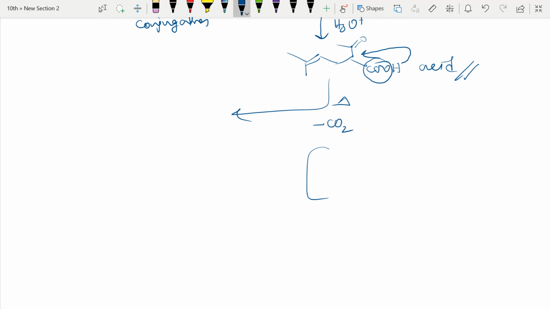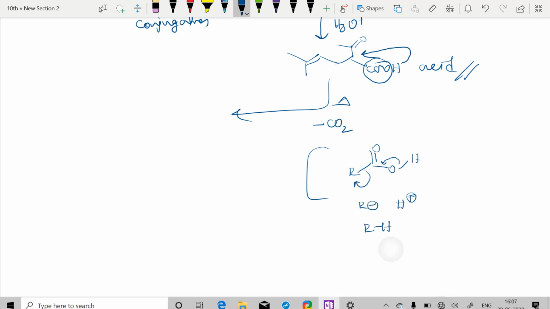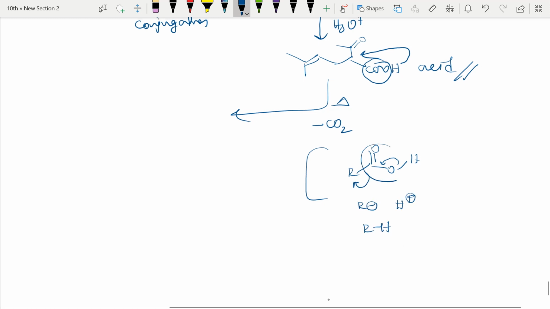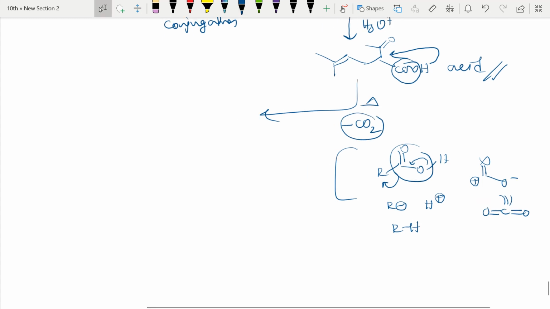See, this is the reaction, R COOH is there, right? So what happens, electron density moves here, and this electron density is given to R minus, plus is there, reacts to form RH, and here O plus and O minus both form carbon dioxide. This is how the reaction happens. So this is how we eliminate this carbon dioxide, and further we are left with this compound.